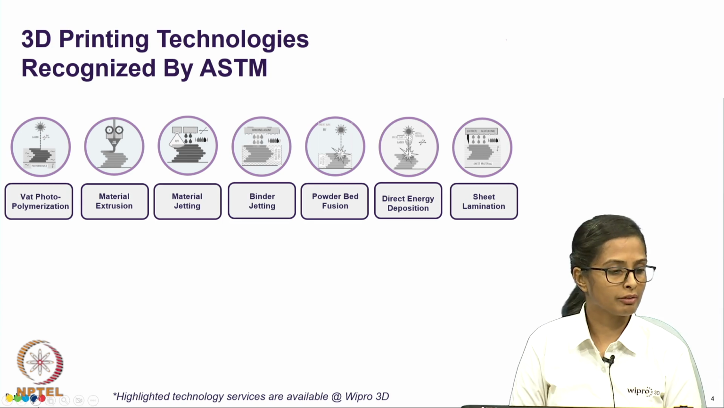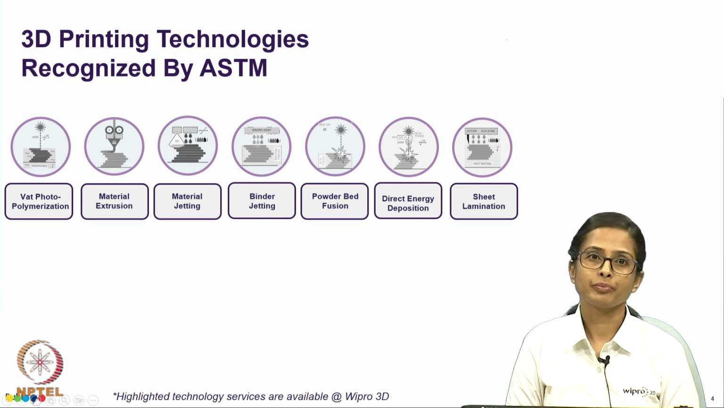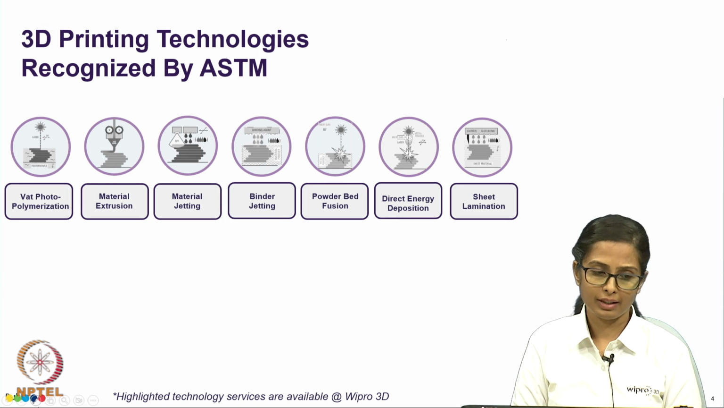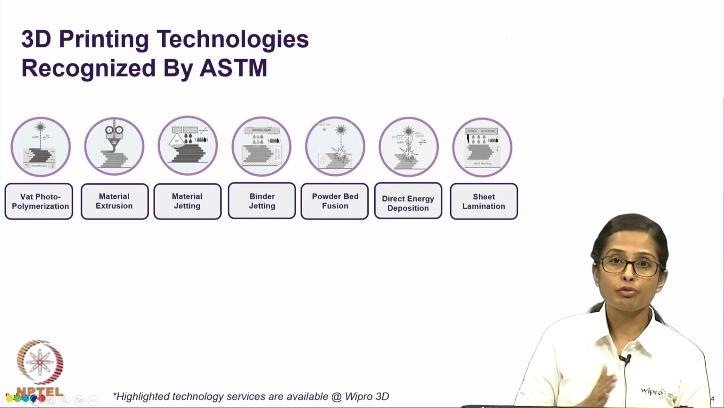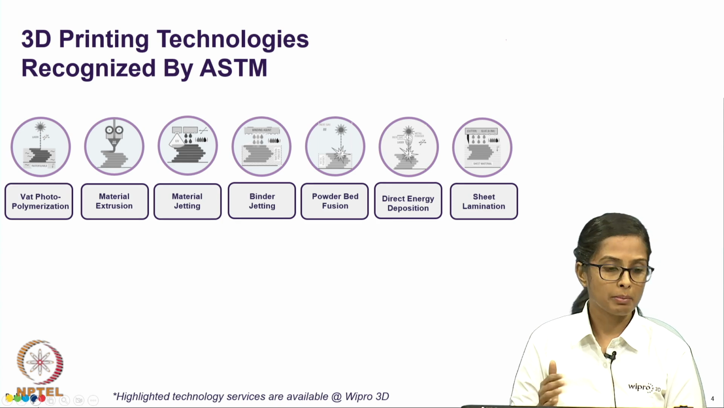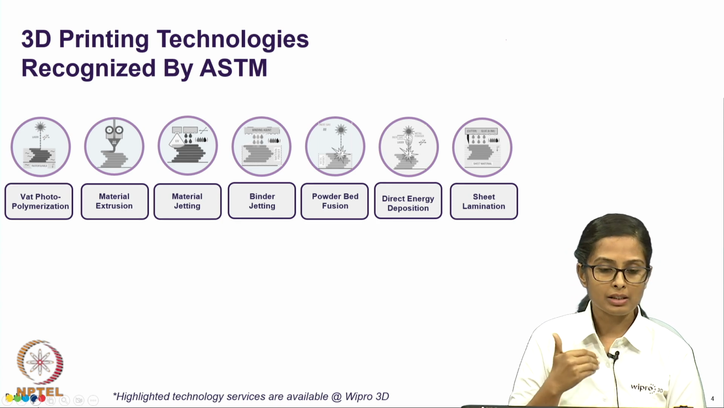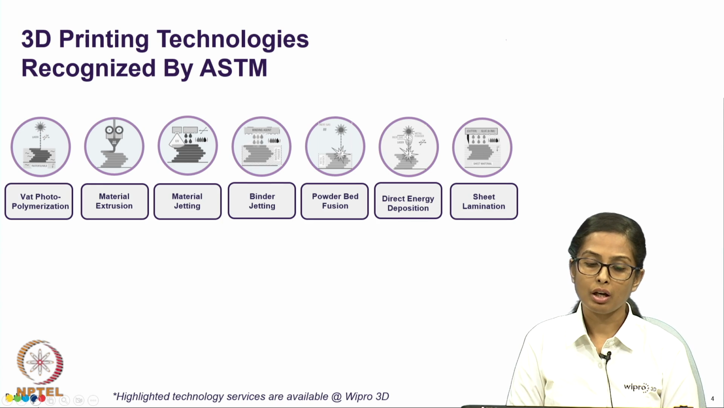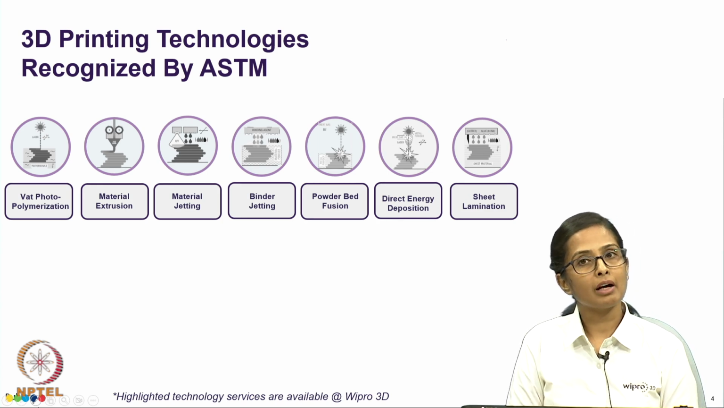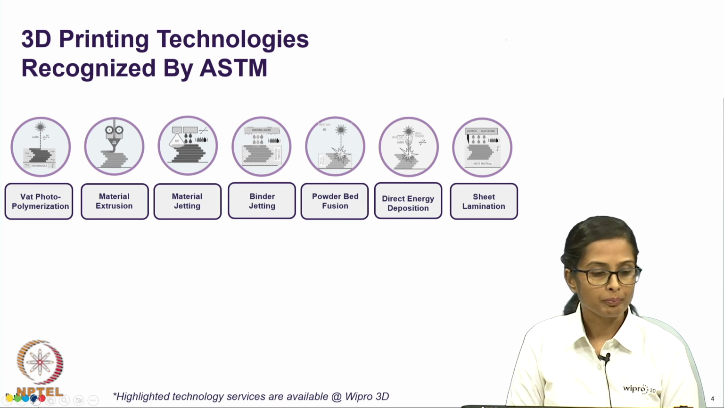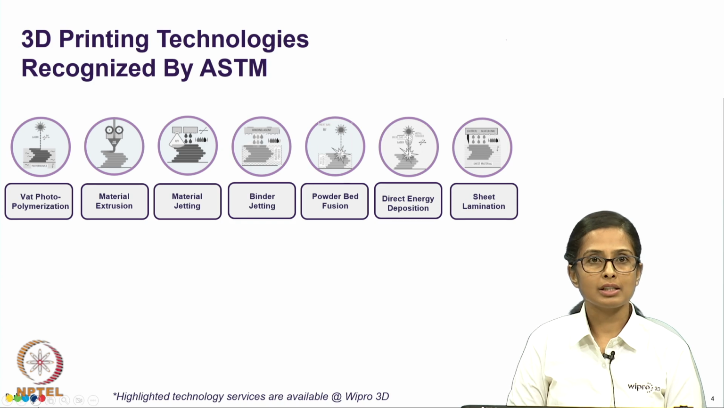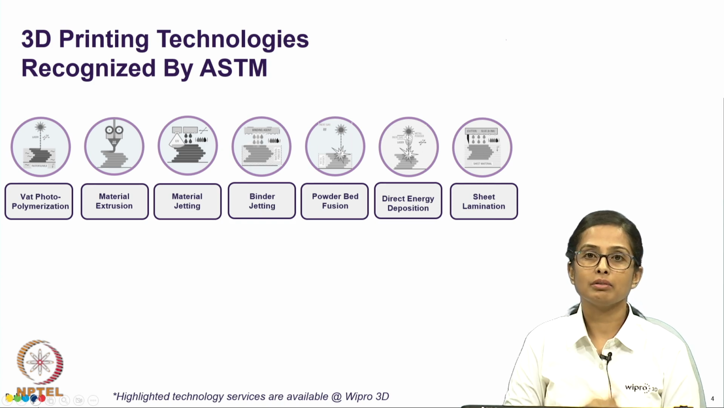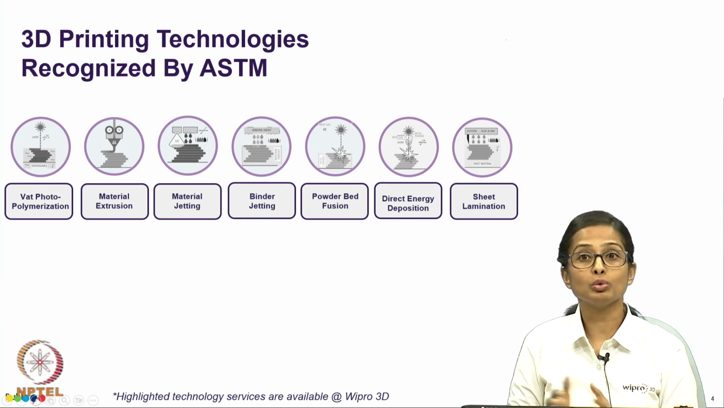We will start with vat photopolymerization, then we will go on to material extrusion, material jetting and binder jetting. These 4 things will be covered by me in week 1, and then starting from powder bed fusion, direct energy deposition and sheet lamination will be covered by Dr. Alankar in week 2. So, the way that this particular thing is arranged is intentional,